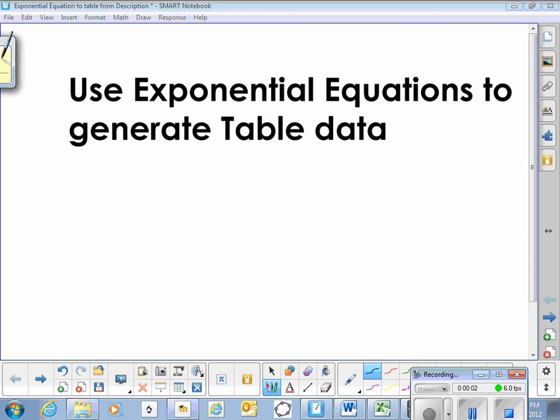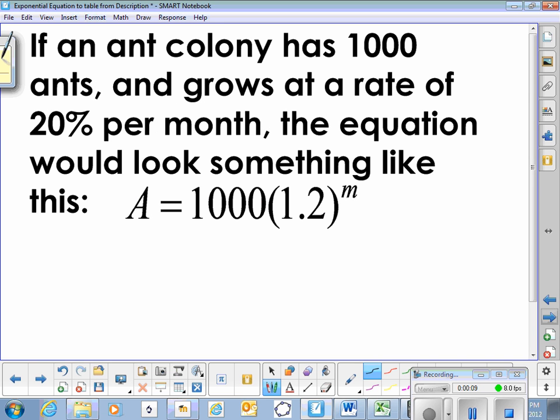This video clip describes how to use exponential equations to generate table data. If an ant colony has 1,000 ants and grows at a rate of 20% per month, the equation would look